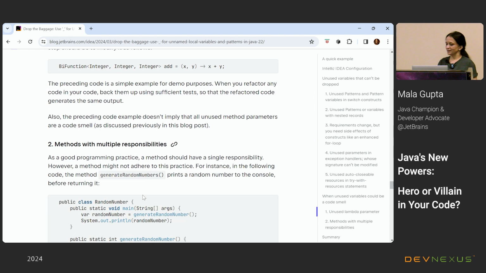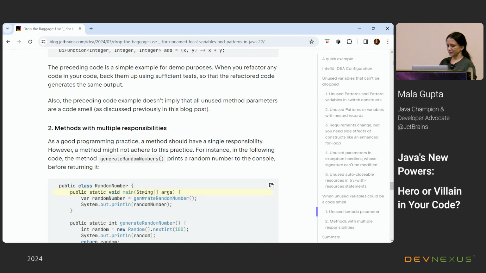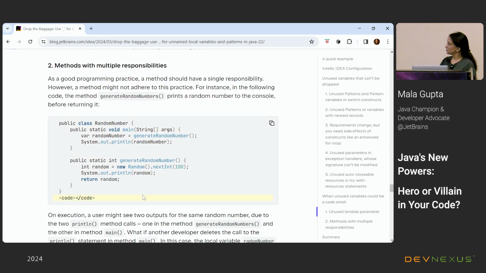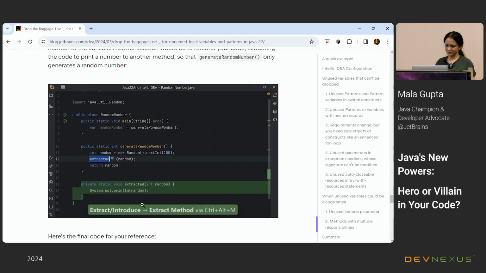And let us say we are talking about methods which have multiple responsibilities, and we just duplicate the code without realizing we do not need one part. So, instead of deleting that part or refactoring it, it would not be wise to use underscores and just shut those variables up.